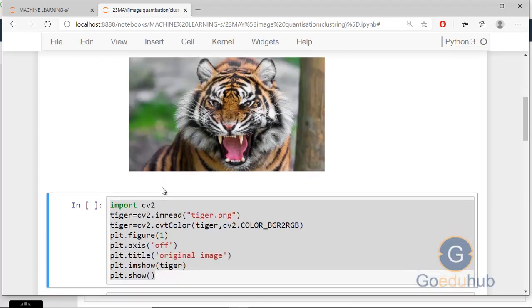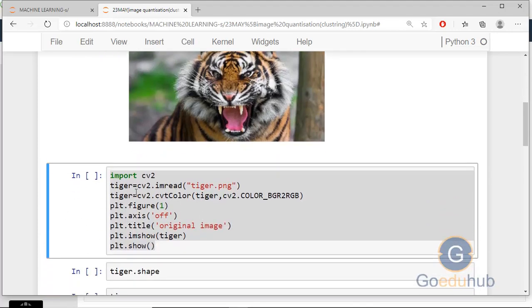And the second step is an alternative way to read the image. There is another module inside Python, OpenCV. We can read the image through OpenCV also. So this is just another way to read an image. Import cv2. For this you need to install cv2 also. Here I have already installed OpenCV, so I'm just using import cv2, and then tiger is equal to cv2.imread